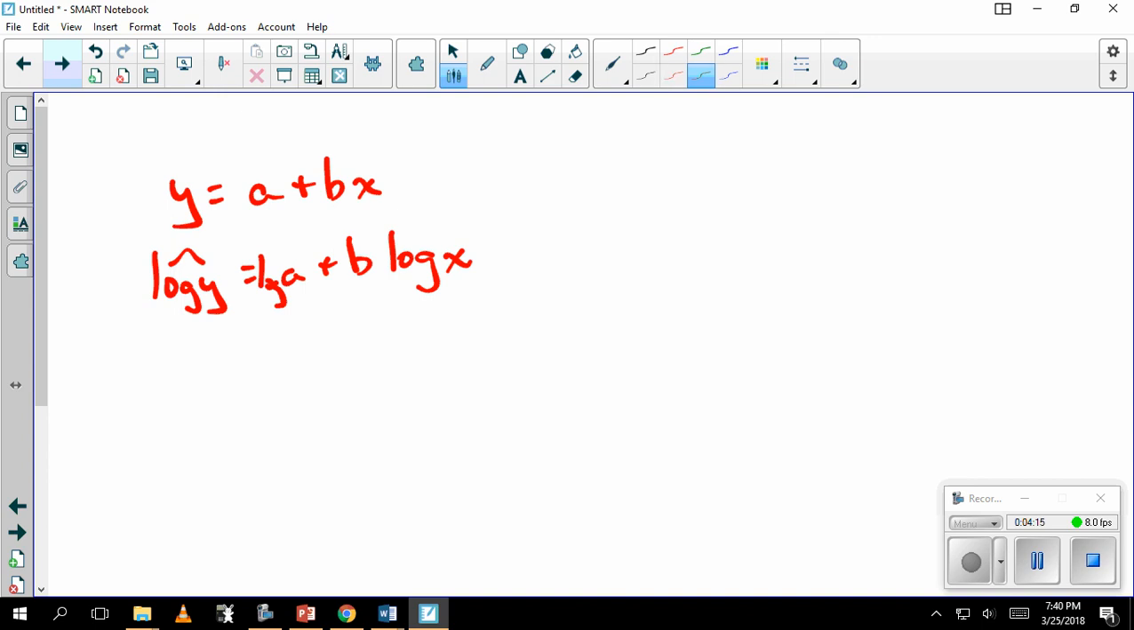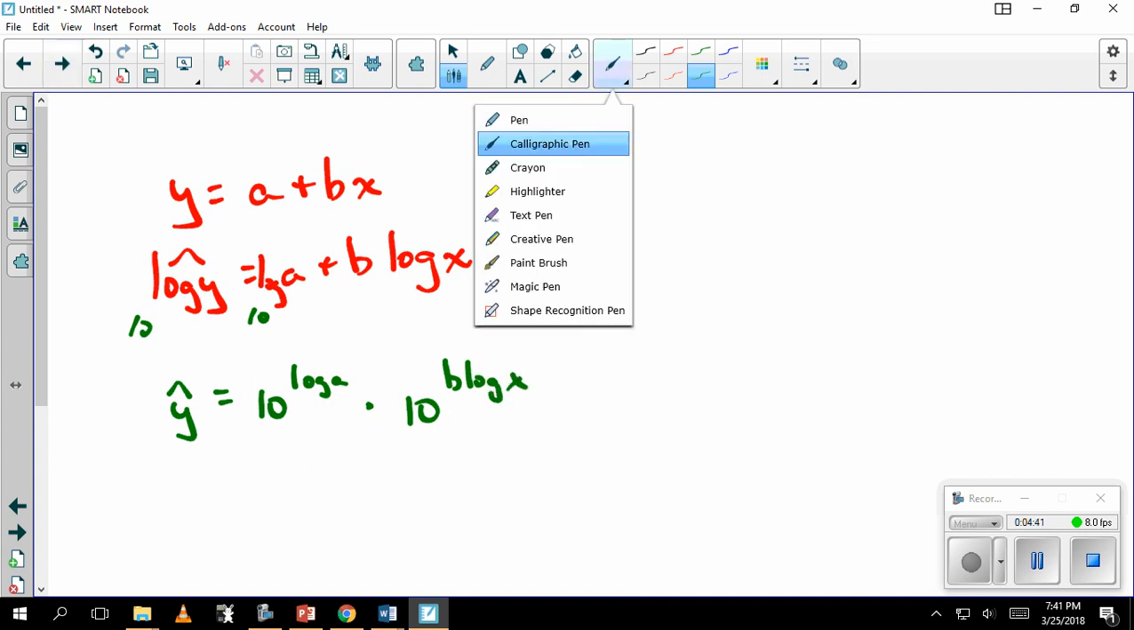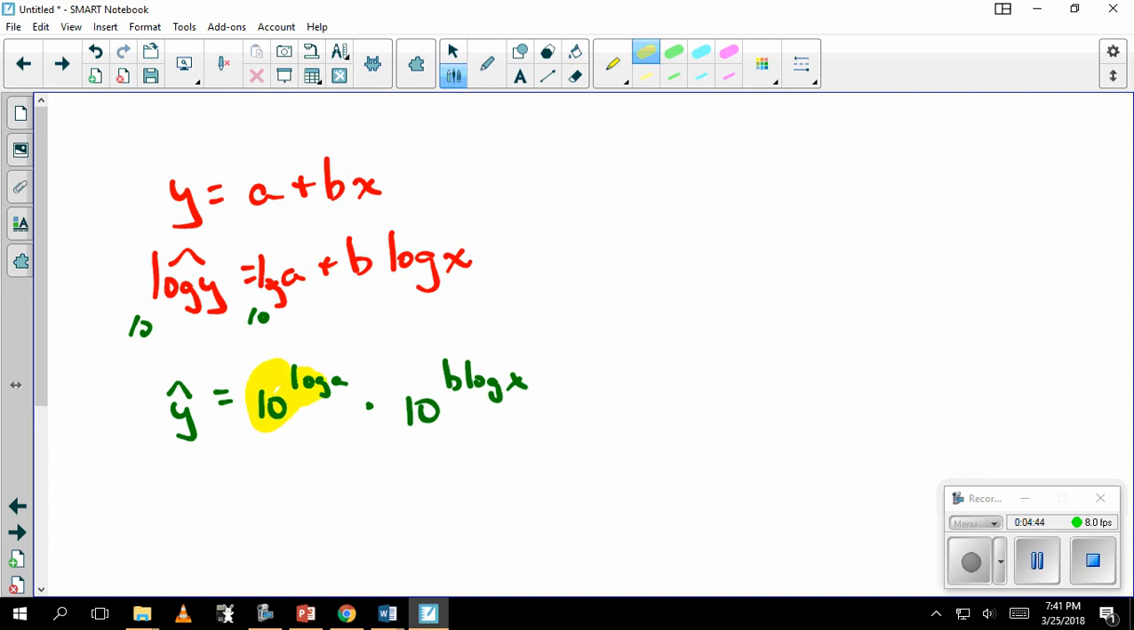So if I anti-log both sides, that's a fancy phrase for 10 to the. If I 10 to the on both sides, then the left side just becomes y hat, and the right side becomes 10 to the log a times 10 to the b log x. Now, this part will cancel. So now I have y hat equals a